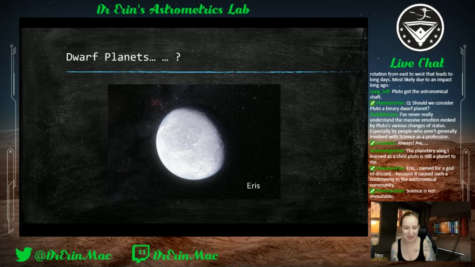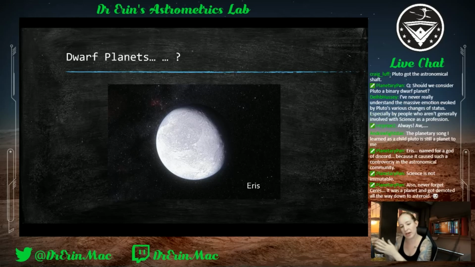We started to learn about the Kuiper Belt. We started to realize that there are lots of objects out there that look a lot like Pluto, and Pluto doesn't share that behavior with the other planets. And I mean, it kind of makes sense, right? We'll go into more detail on the patterns in the solar system later, but when you think about it, you have these inner rocky planets, these big rocky planets closer to the sun. Then you have a belt of objects. Then you have these gas giants. Then you have another belt. And it didn't quite make sense to have a planet within this belt, but there's also other ones.